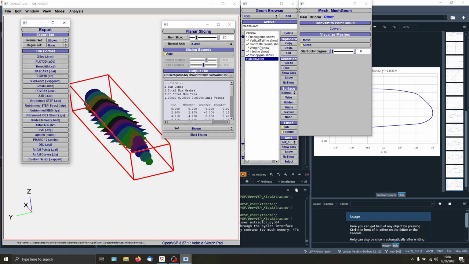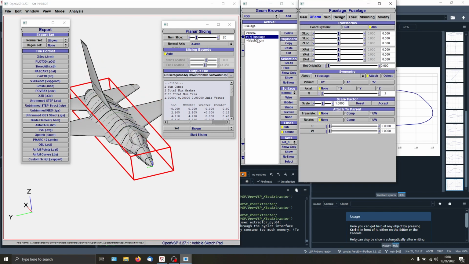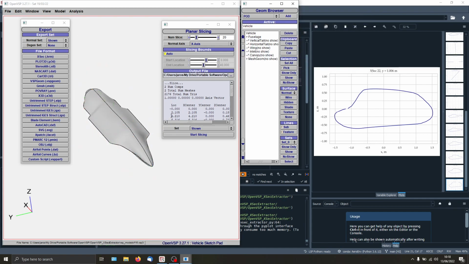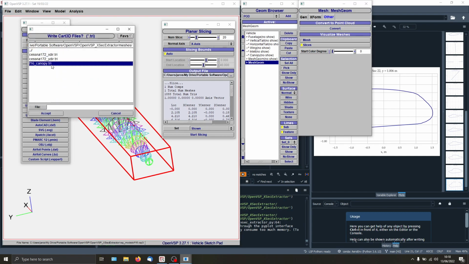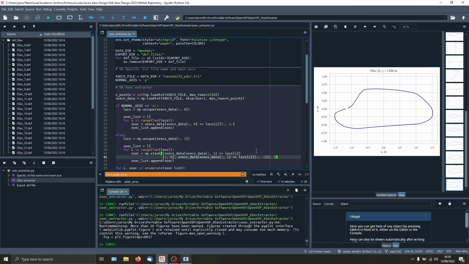And then let's also do one without the canopy. So just this, slice it, and export it as a TRI file, X16 without canopy. Okay, so now we can go here, X, and